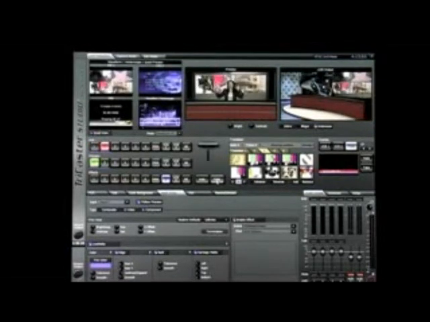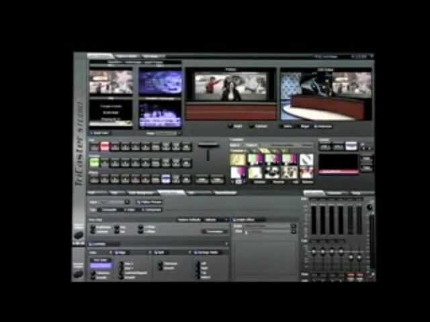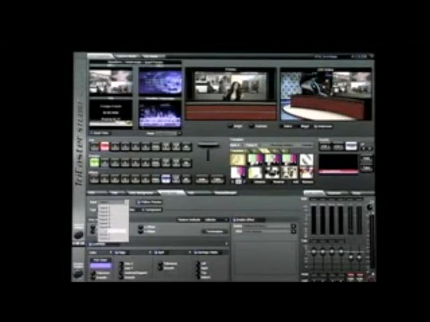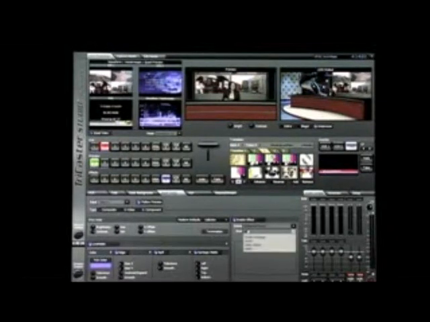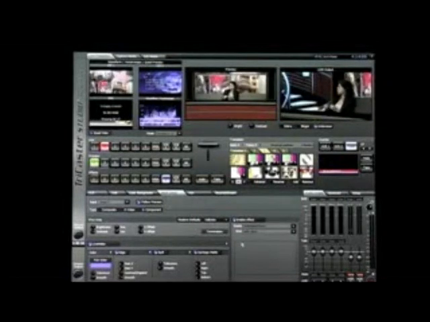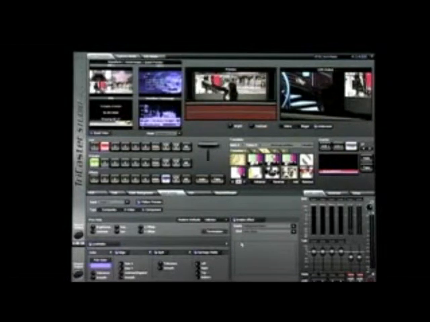Foreground, background. And notice that in the background we also have an area where we've allocated another video source that we're using. So how do we know when we're running the switcher what video source we're using? Well, again, we've got that third row. It's called the effects row. And notice how we've got VCR1 highlighted. If we go to the VCR tab,